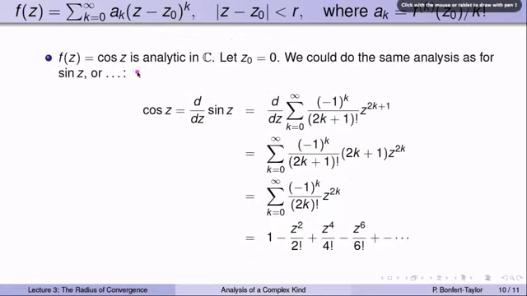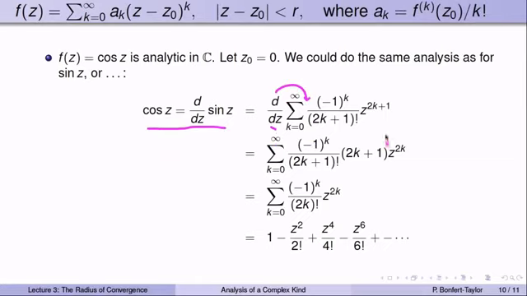Now let's look at cosine z. That's also analytic in the entire complex plane, and if I choose the origin as the center of my power series, then again I get a radius of convergence of infinity. We could do the exact same analysis, just find all the derivatives at 0, and then write down the series, or we could remember that cosine z is the derivative of sine z, and a power series within its disk of convergence can be differentiated term by term. I can pull the derivative to the inside of the series,